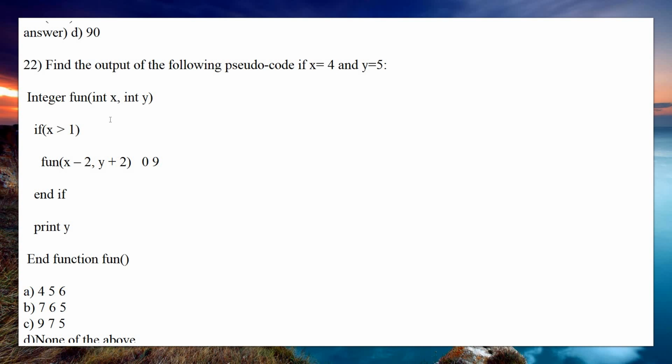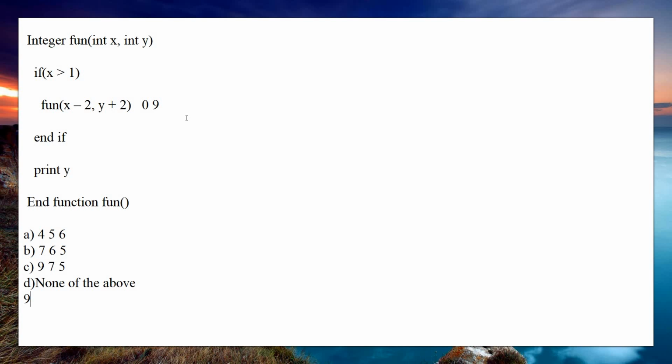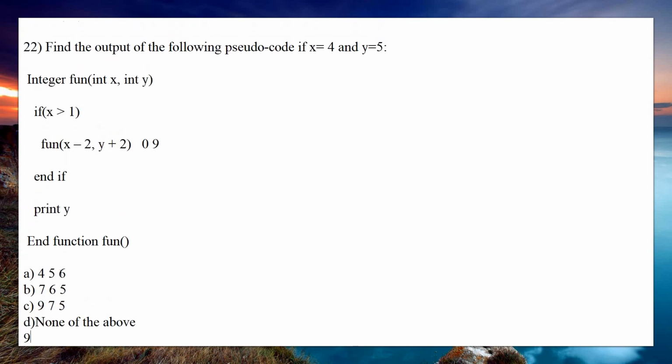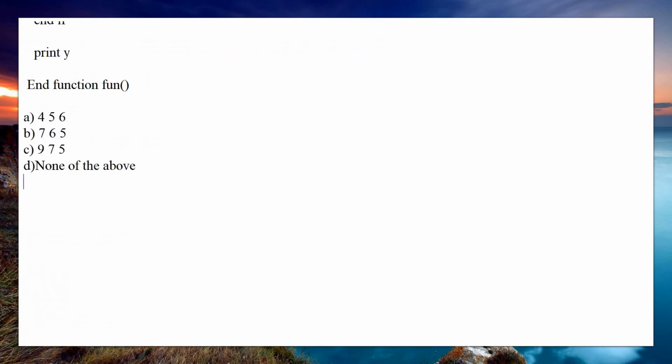Go with the function. So x is 0 and y is 9. It will end, so print y. Then again it will start for the next iteration. Again x will be 0, y is 5. So you can say it will print 9, 7, 5 itself. From the options you can easily find that it will print 9, 7 as well as 5 as the correct answer for this question. So with the help of the first iteration you can easily guess the answer is 9, 7 as well as 5.